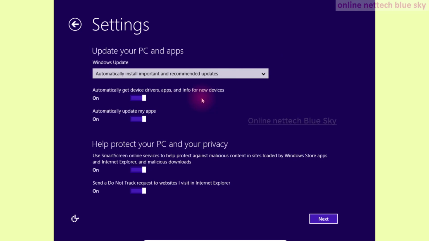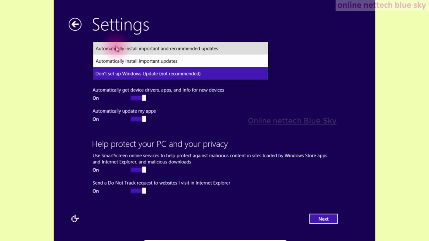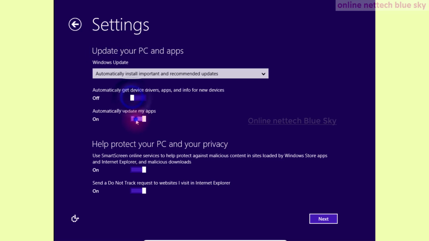You can set up here, but I don't like it, so I'm entering here. But if you want to start, automatic is good. I don't like this and click on automatically update your applications, because all types and all generations of applications do not work in a computer. So automatically update your applications, but the internet must be used for this technology.